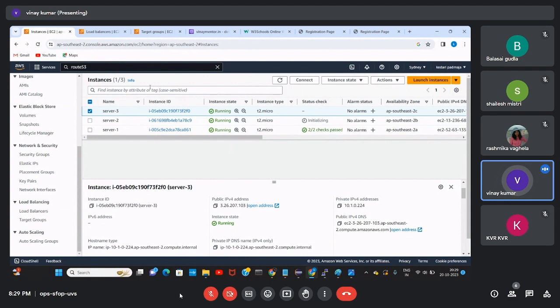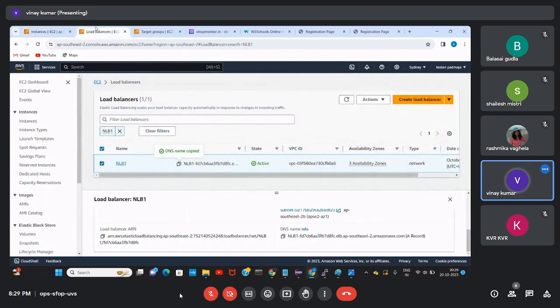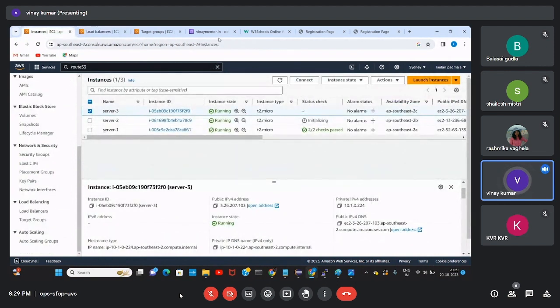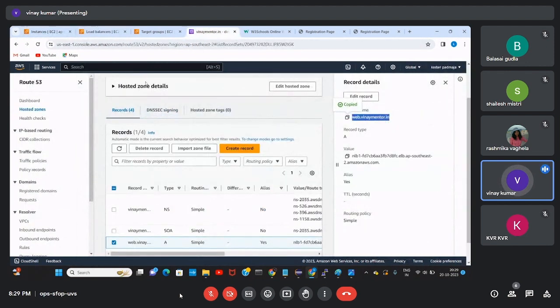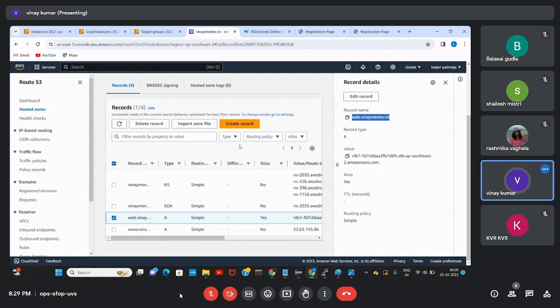Whenever you complete practice, you need to delete all the things. For VPC you don't get a bill. Subnet you don't get a bill, but for an EC2 server you will get a bill. For a load balancer you will get a bill. Even for using Route 53 you will get a bill. Every time, I am unable to delete and create the hosted zone and domain again. If it is a server, no problem, but for a hosted zone and domain, I am unable to create it every time.